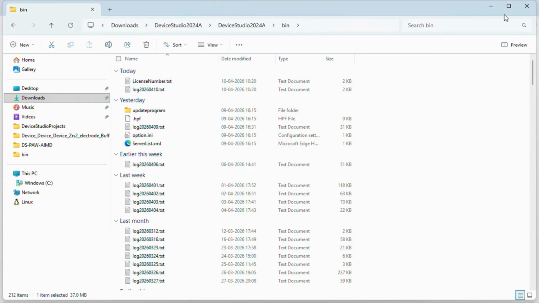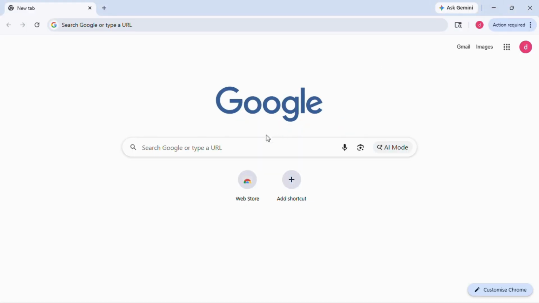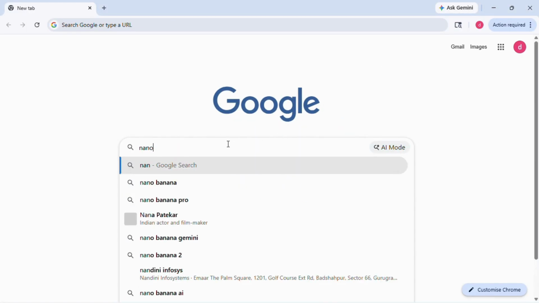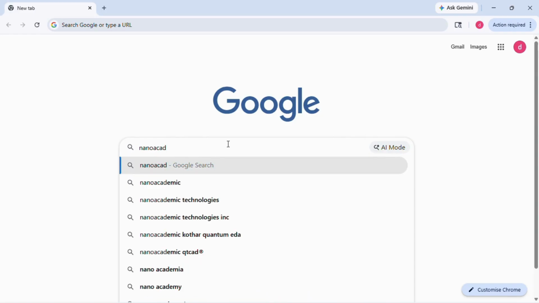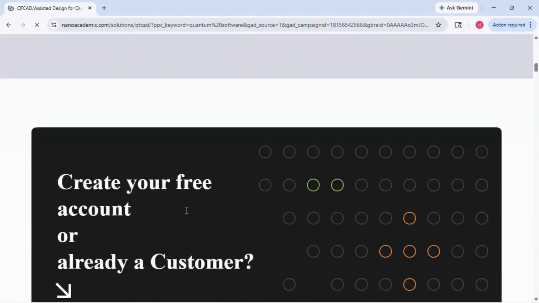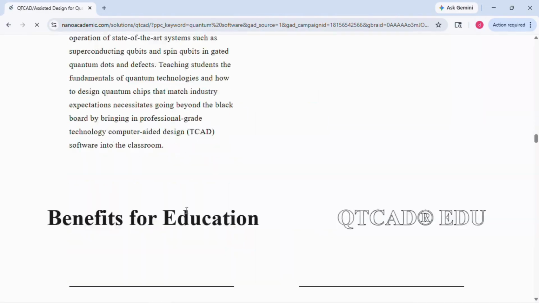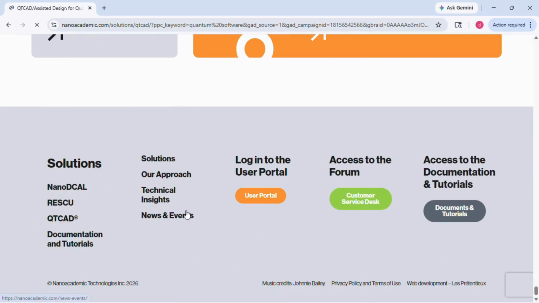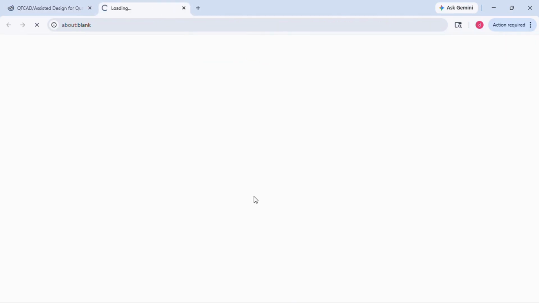What you have to do is move to Chrome and type here Nano Academy. Click on the first website, nanoacademy.com. Go to the below section of this website and you can see the login to the user portal. Click on this